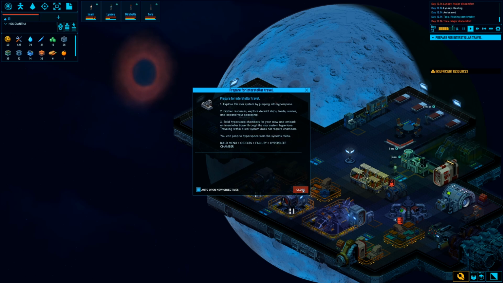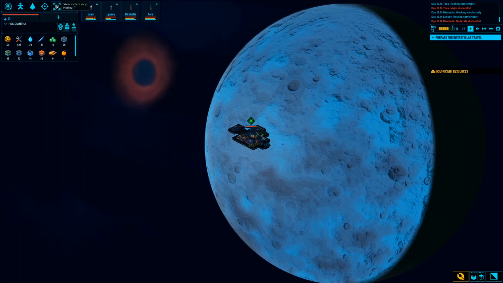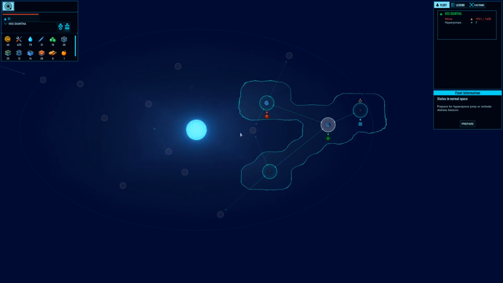All right, so there is nothing here. How dull. Let's just... Can we see that map somewhere? No, that's that one. How do we... Is it that one? View star map. There we go. Right, so we can... Oh, okay. So in this solar system, we can do...